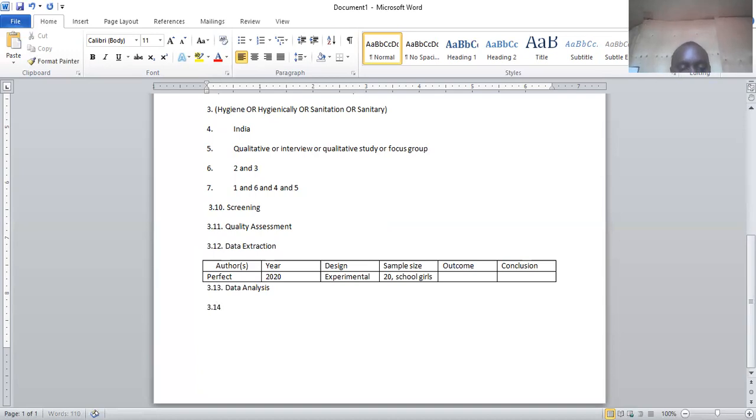And then from there, we go to ethical considerations. What ethical issues did you expect to face in this project, and what strategies did you lay down for the purpose of addressing them? That is what you discuss here. Ethical considerations, ethical issues, how you have planned to address them. And don't forget, this is a systematic review. We are not collecting data. We are reviewing existing data. So make sure you're very